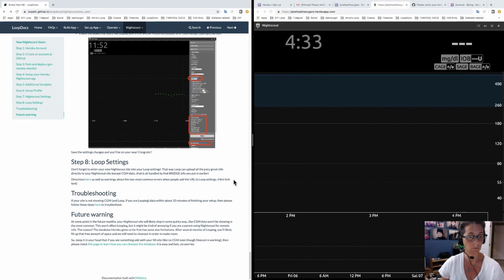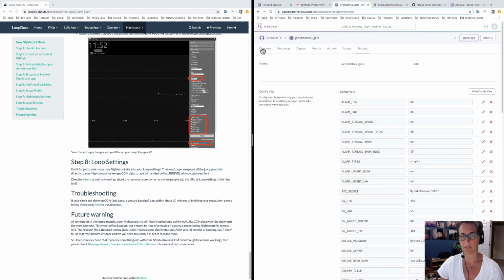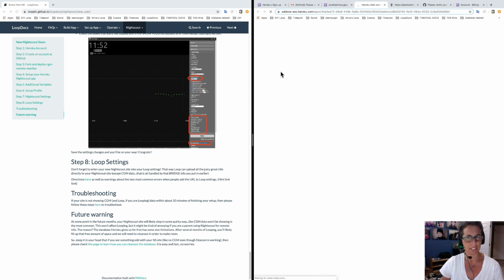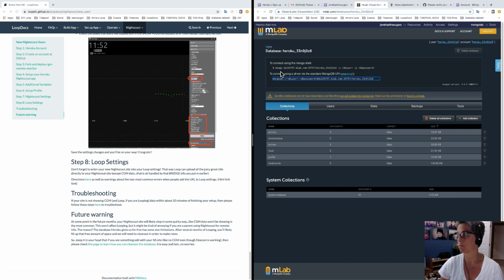And that's it. Oh, one last thing. Future warning. At some point in this, the free little database that Heroku gives you for Nightscout will fill up with data. They only give you a smallish amount of data, and it will fill up over time with enough looping data being stored in that database. And when that happens, you'll see some odd behavior in your Nightscout site. Usually for most people, it's that the share data just stops coming in. And so there's a whole set of directions for how to fix that and how to deal with it. It's really quite simple, but I just want you to be aware, keep it on your heads up that if your Nightscout site starts going